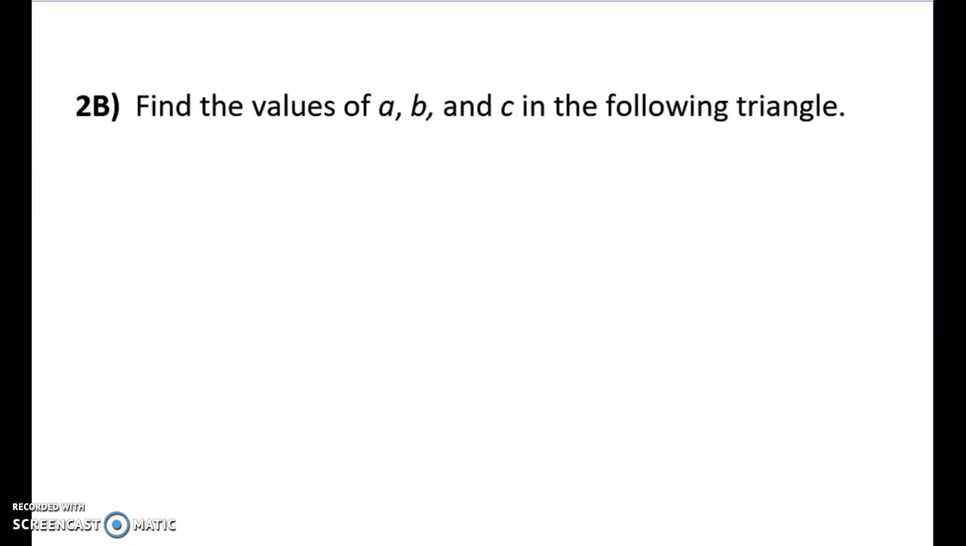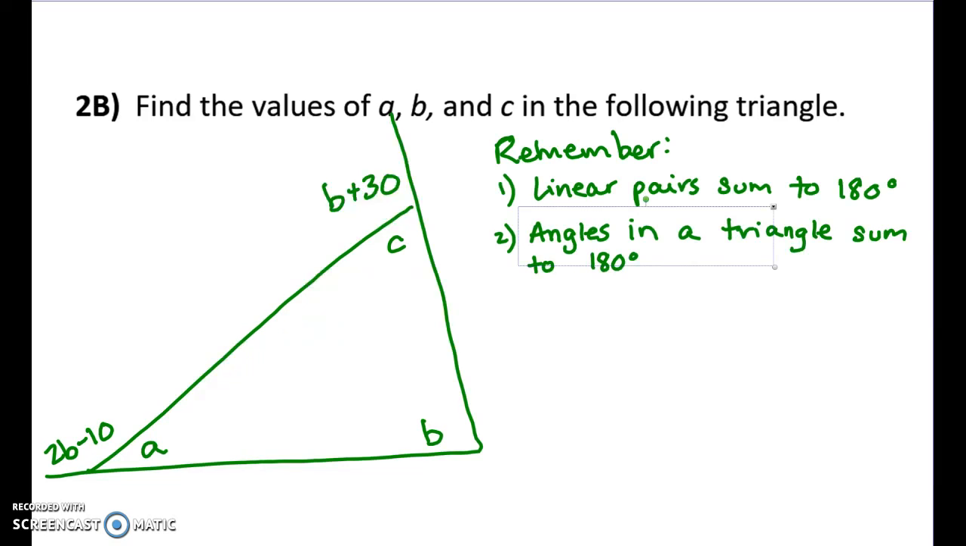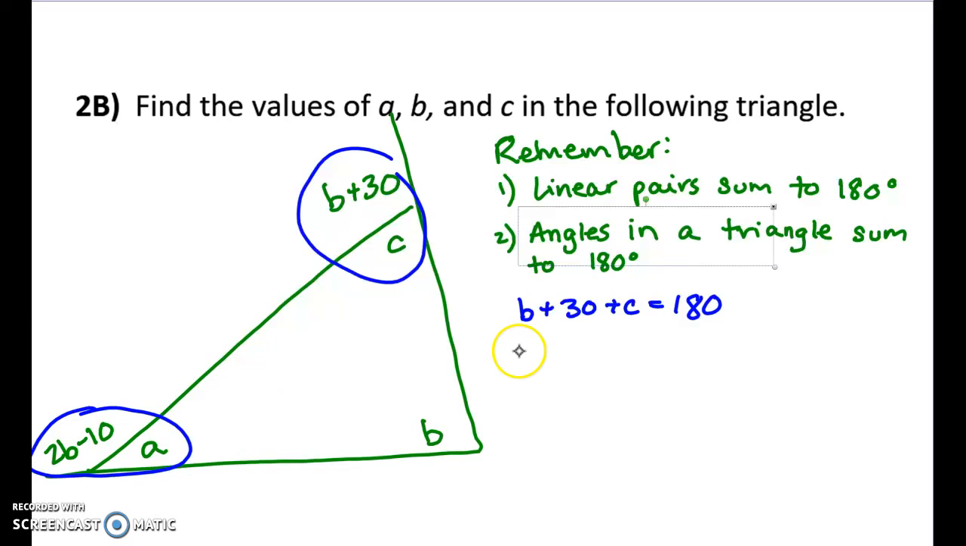All right, now we've got a triangle, which again, we can't see. I'm going to redraw it. All right, guys, we have a couple pieces of information, remember, on this problem too, and they are linear pairs must sum to 180 degrees. That means that this set right here, b plus 30 plus c must equal 180, and my other linear pair is over here. 2b minus 10 plus a must equal 180